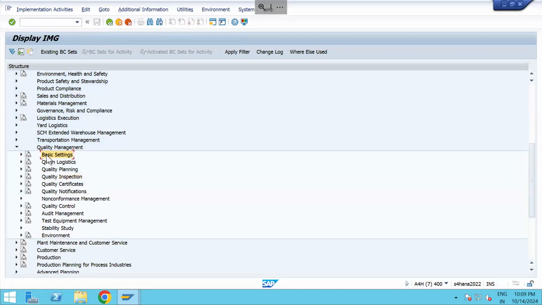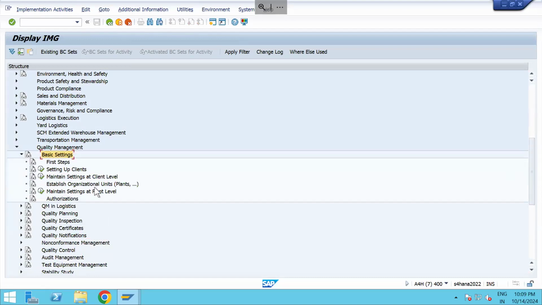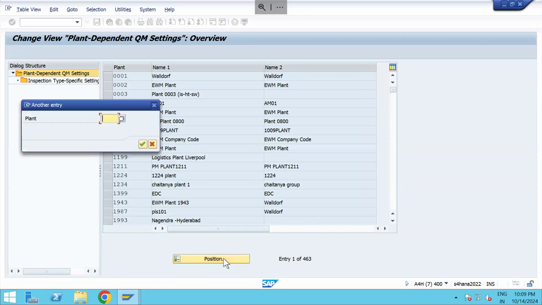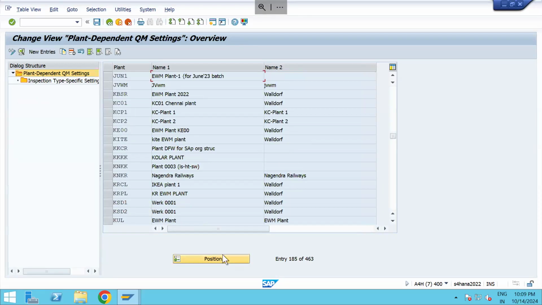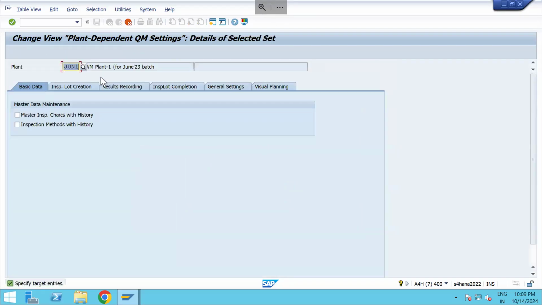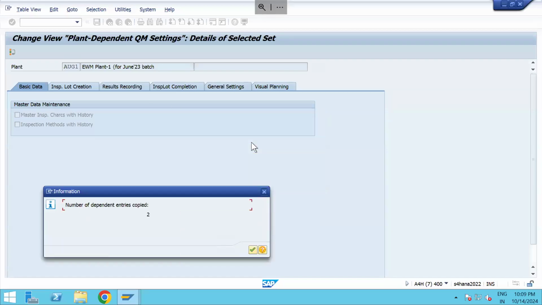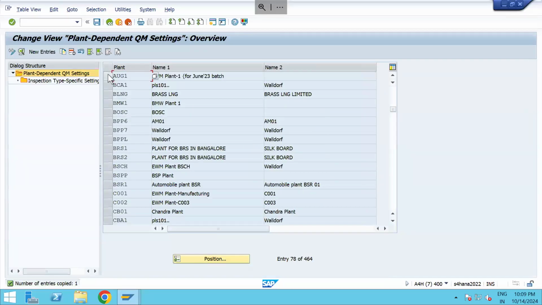Now come to basic settings. Maintain settings at plant level. Again, straight away come to my plant JUN1. I'm selecting this one. Select this, make a copy of it. You can copy my plant AUG1. Okay, this configuration also you need to do. So inside this, we will see